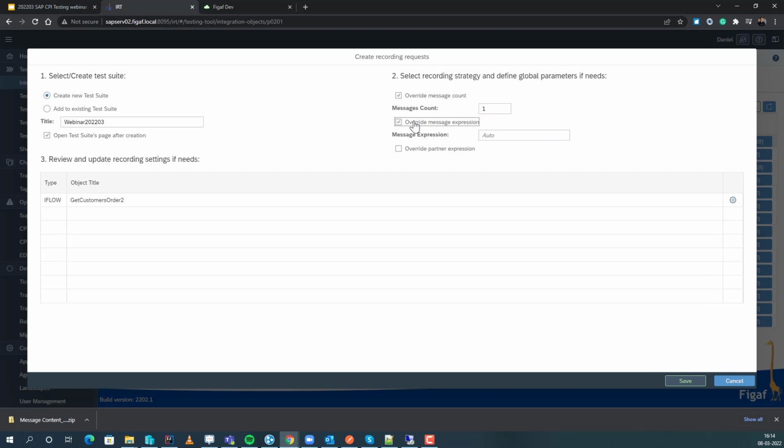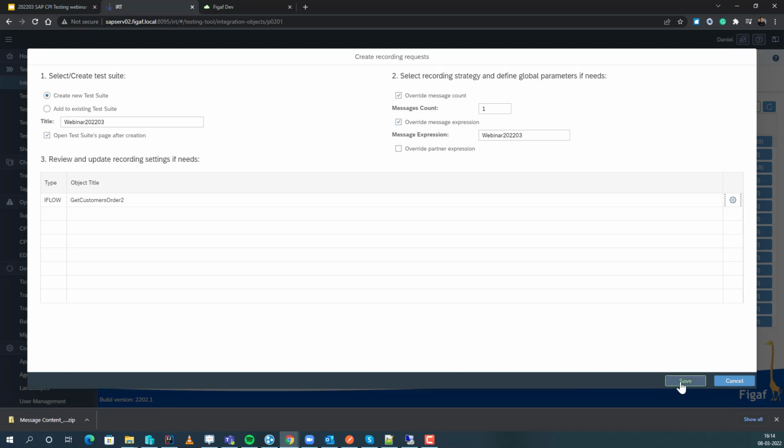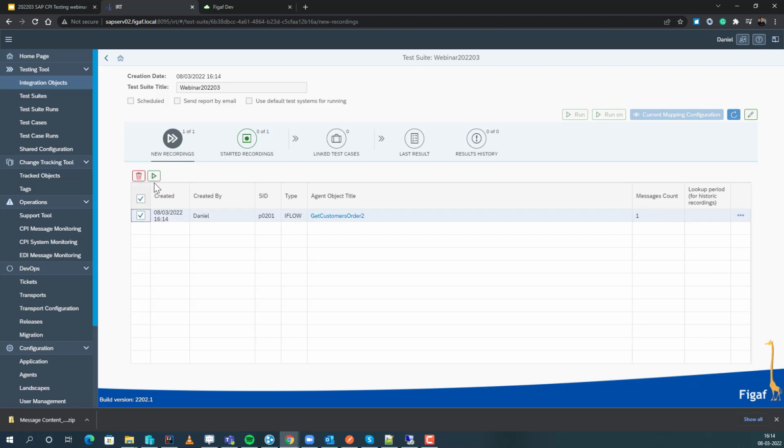For this, we only want one. You can specify a number of messages, and we would also put in a message expression. So here you can either put in an XPath if you know that there is data that you want to extract from this. Then you can actually put it in here, and that will create two different test cases for it. We also have some more controls that we can download MPL attachment and put them as a part of our test case. We can select if we want only finishing and run steps, and there's a lot of test objects we can do. So what I'll do is I'll press save,